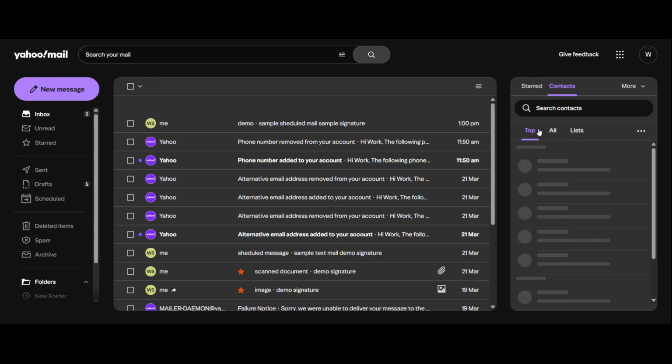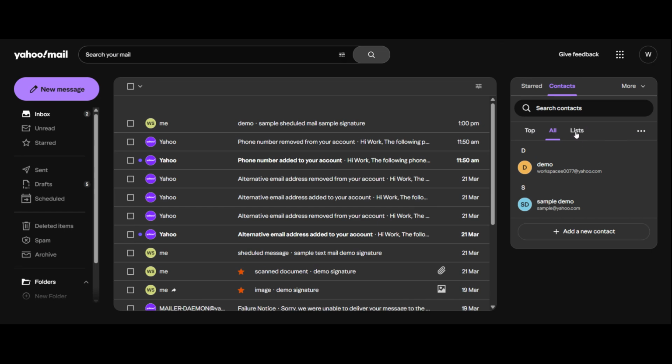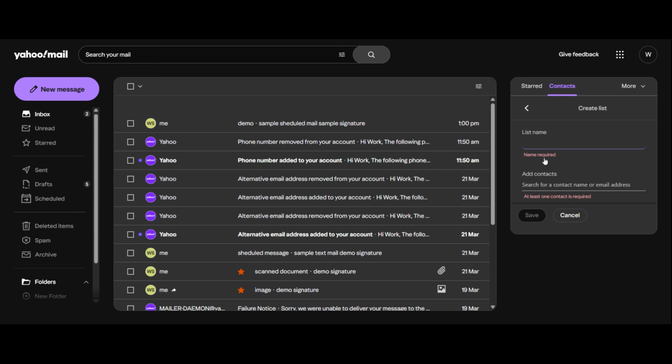After that, look for the list section. This is the part of Yahoo Contacts where you can organize multiple people into one email group. Click lists to view your existing lists if you have any, or to start creating a new one. Now click Create List. This will open a new window or panel where you can build your email group from